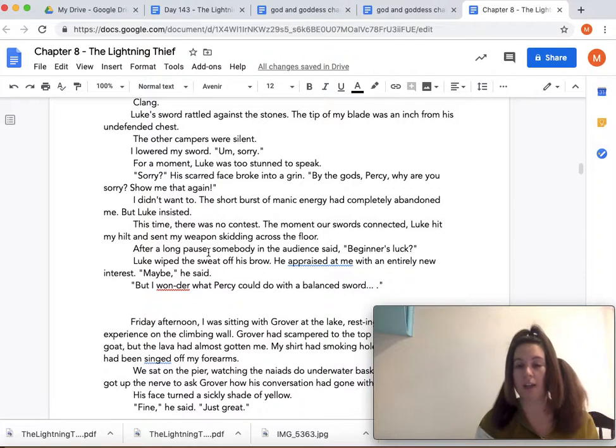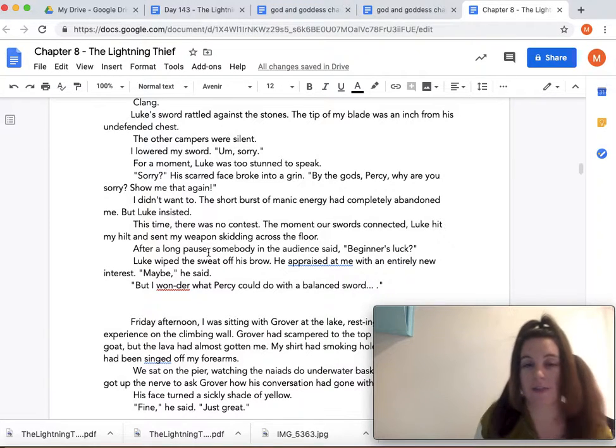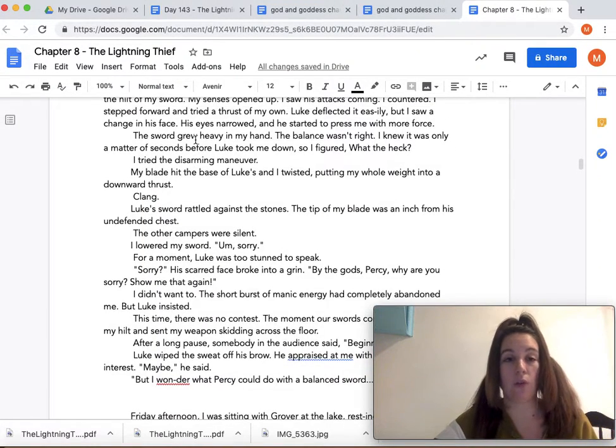Pause there. What gave Percy that energy? Remember, he was kind of feeling tired, he was done, and he wasn't really ready to keep fighting. And then he did something that Luke did. If you look back up here,